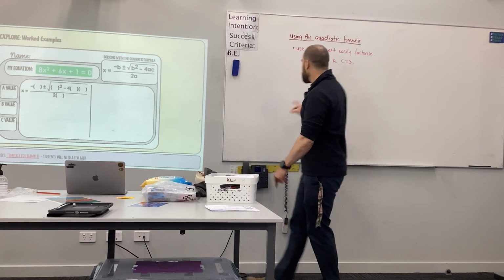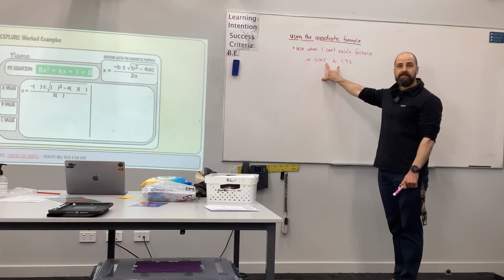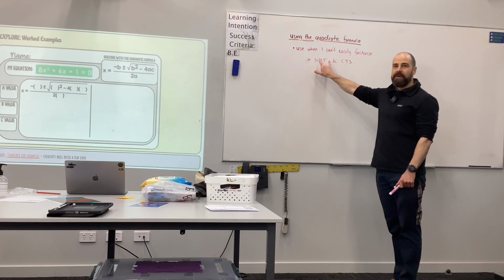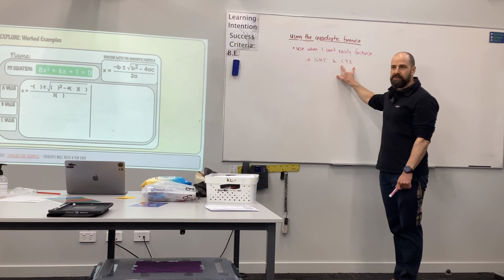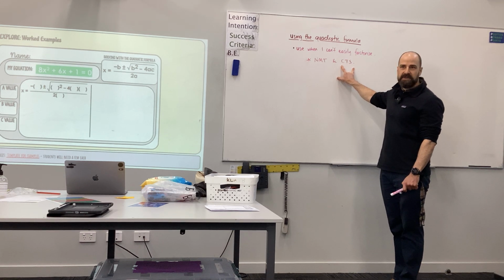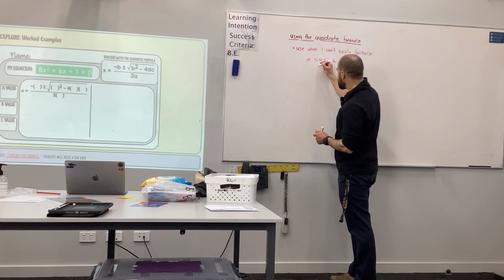If I had a problem that I was solving and they were non-monics or a completing the square problem, I'm probably going to find the quadratic formula more efficient. I'm going to find the quadratic formula quicker. All right? So these types of problems,